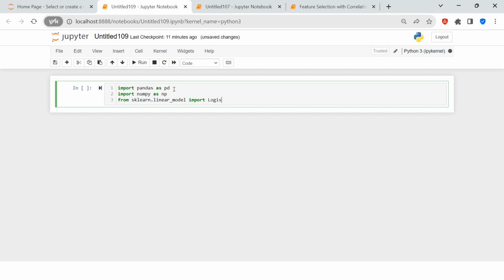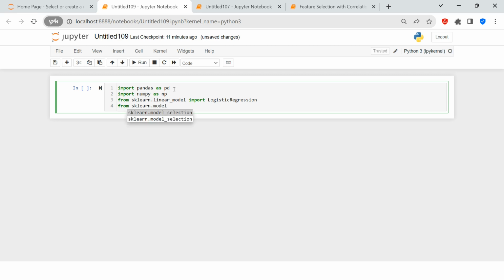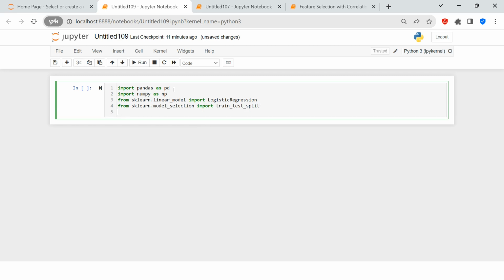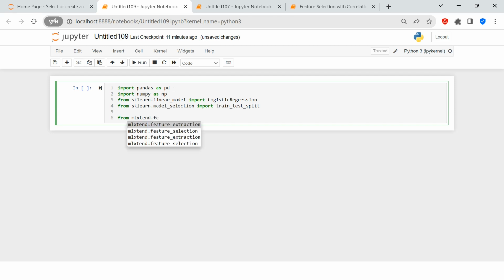logistic regression, and then from sklearn dot model selection import train test split. All right, there is one more library which we would require, which is from mlxtend dot feature selection import sequential